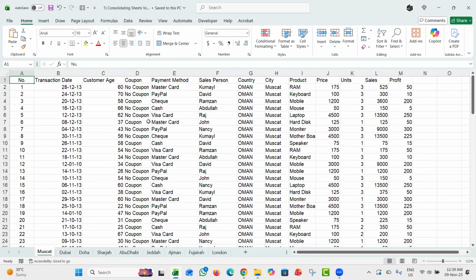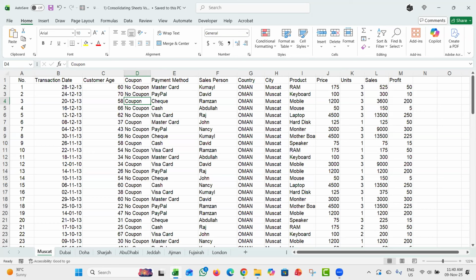And my manager requests me that, Ramzan, I wanted to create a chart. And on that chart, I wanted to show sales of each city. Means Muscat, how much is the sales? Dubai, how much is the sales? Doha, how much is the sales? So now what option do I have? How will I proceed with this? Okay, so the final result he has told us: I need a city-wise chart. Khalas. Now you have to think as a data analyst, as an MIS person, how you will achieve that,